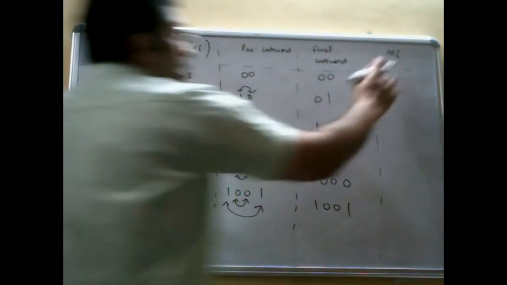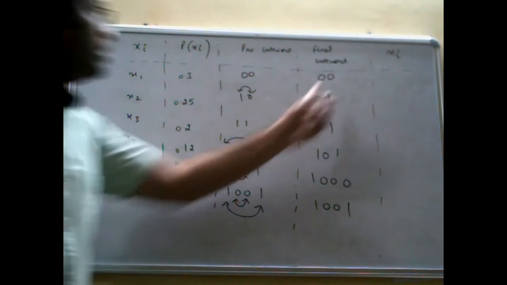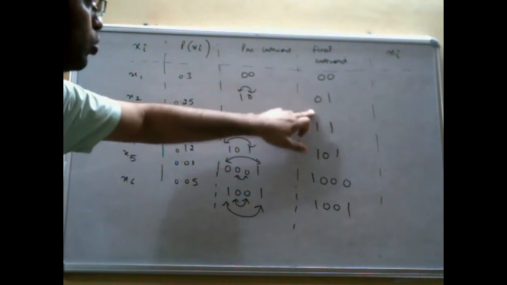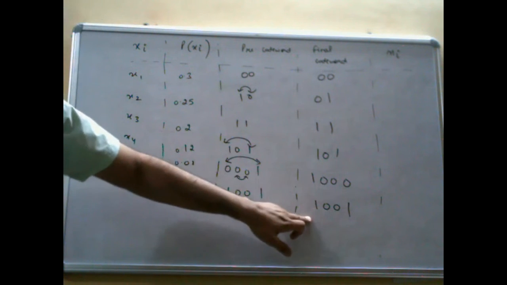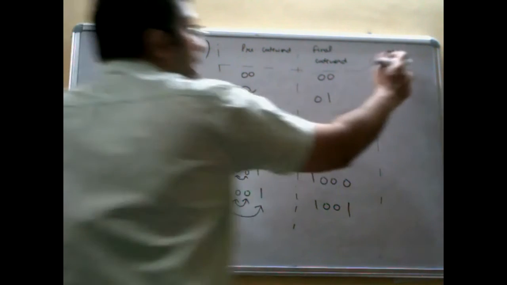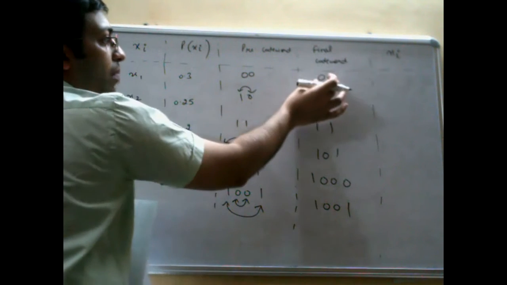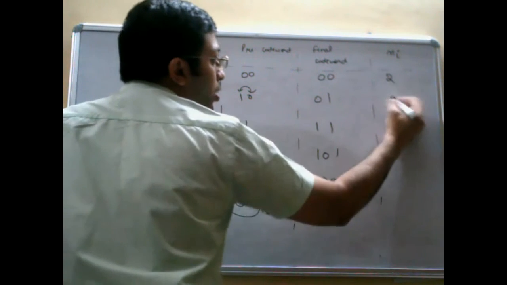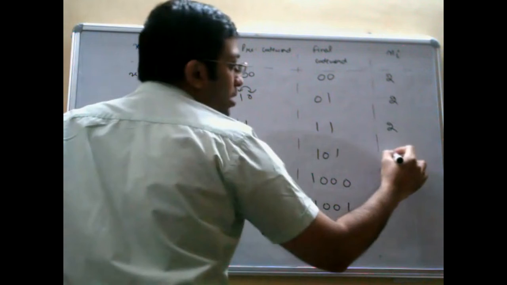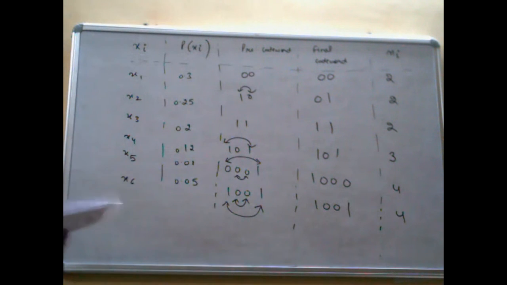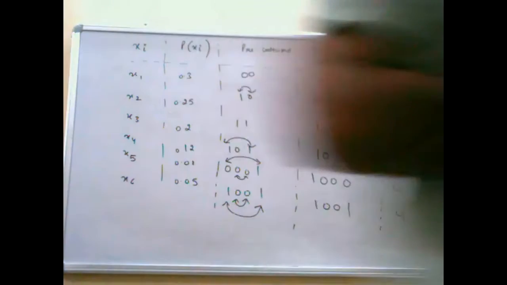Okay. Then what is N of I? Now these are the final code words that you have got. See over here, it is of 2 bits, 2 bits, 2 bits, 3, 4, and 4 bits. So this is the variable length coding. Huffman coding is the variable length coding. N of I stands for the number of bits for the individual code word. Here 2 bits are there, so it will be 2, 2, 2, then 3 bits, 4 bits, 4 bits. Is it clear? If you have any doubt, you can ask.